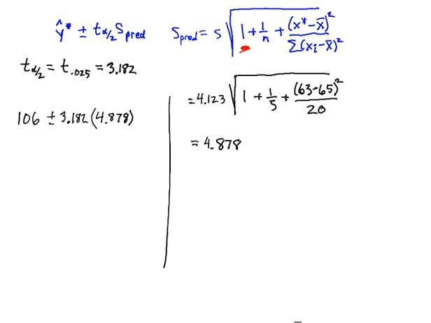And then let's go ahead and calculate the margin of error. So I have 106 plus or minus 15.52, giving us a confidence interval of 90.48 to